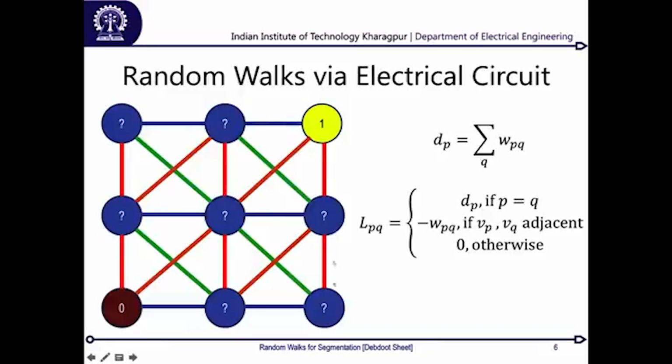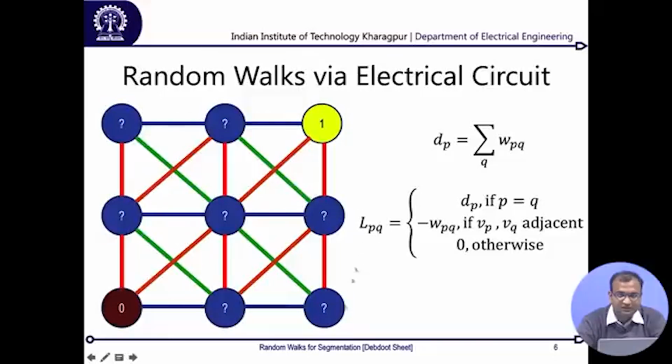So, basically there are 9 such nodes over here. Now, if there are 9 such nodes, then for L_PQ, P will be varying between 1 to 9, and Q will also be varying between 1 to 9. So, you will basically have 9 cross 9, or 81 elements, in that particular matrix. Now, each element of this matrix, which is defined by this ordinal value L_PQ, is given something like this,